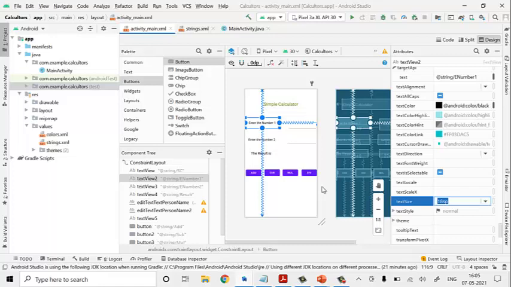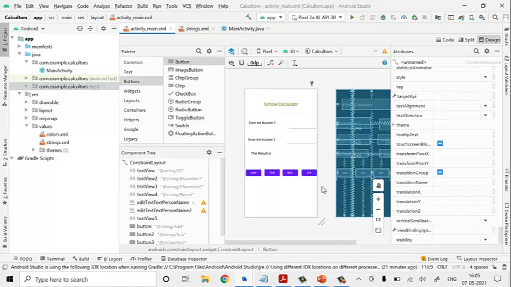Now that everything is fine, next what we have to do is set IDs for all the buttons and edit boxes and for result. Okay, we have to set IDs for buttons and text boxes and the resultant text view.